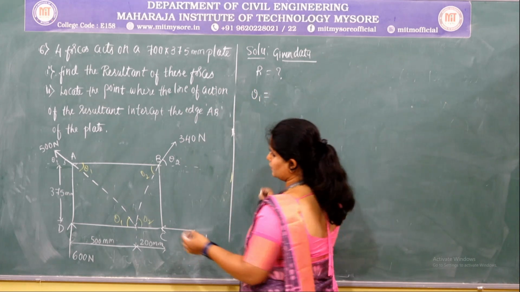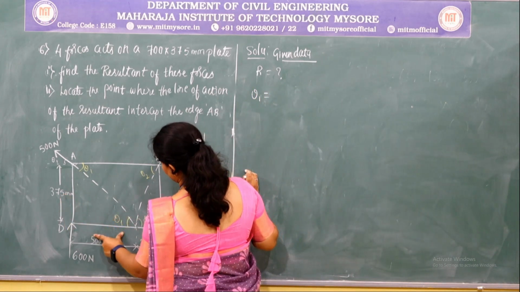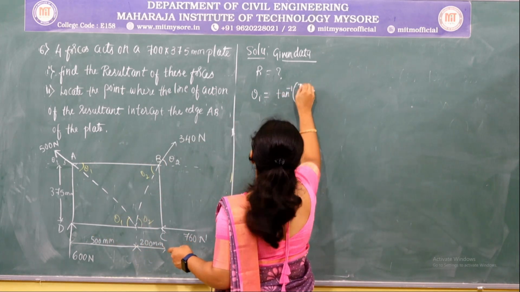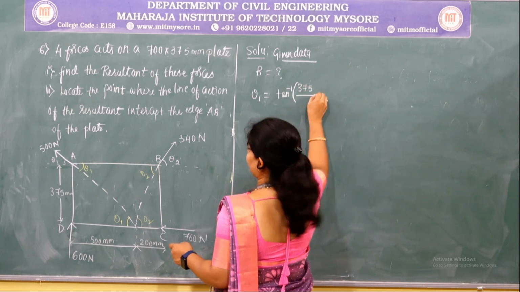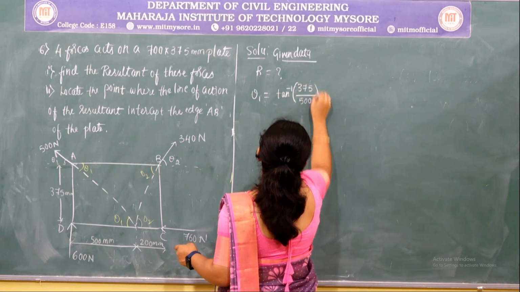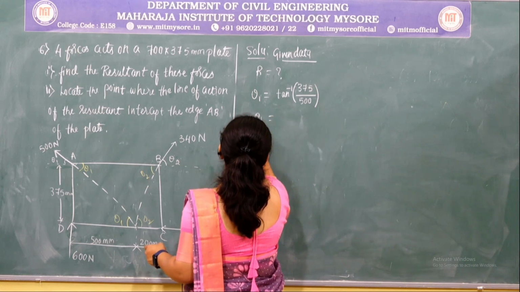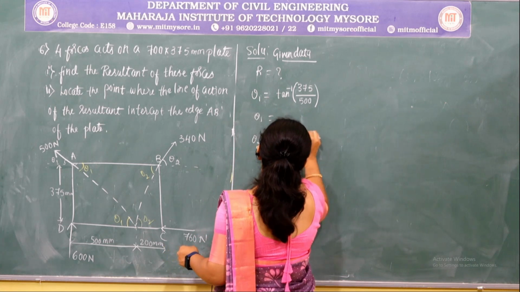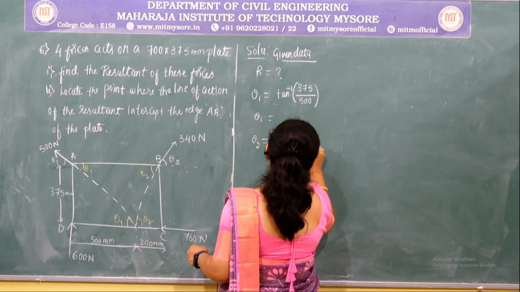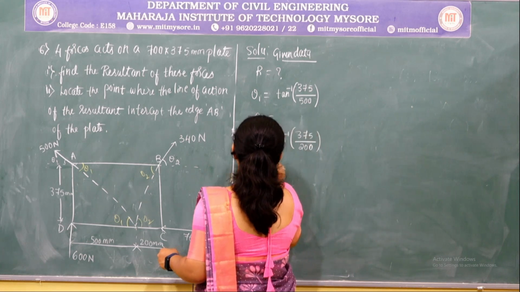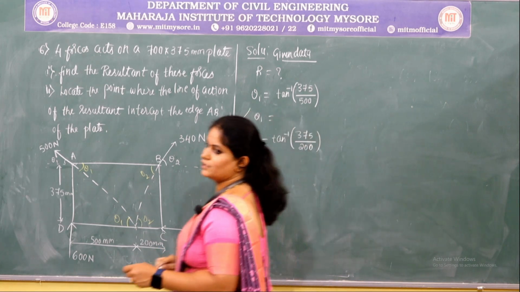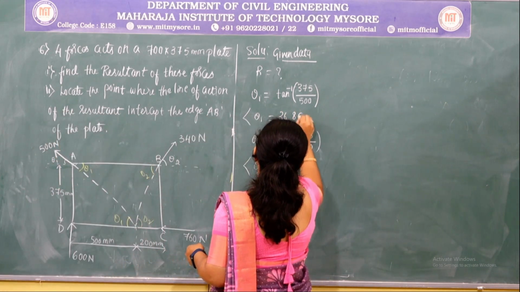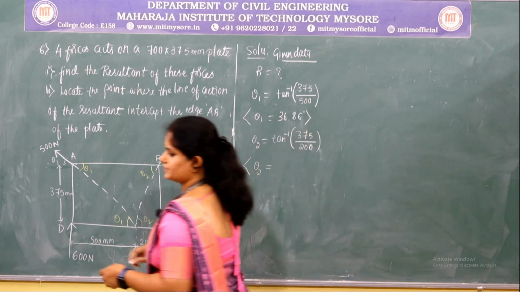Theta 1 will be equal to, I know the opposite side and the adjacent side, so theta 1 will be equal to tan inverse of 375 divided by 500, and theta 2 will be equal to tan inverse of again 375 divided by 200. So on solving we will get the value of theta 1 as 36.86 degree